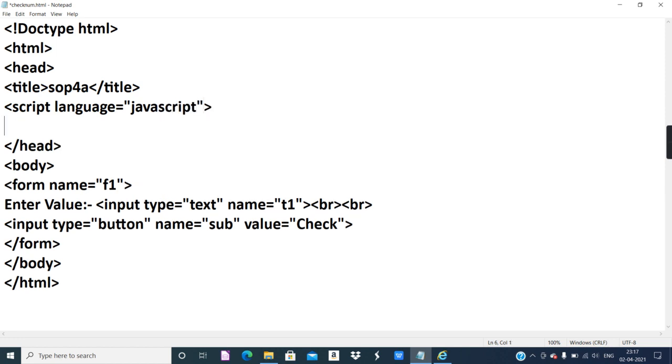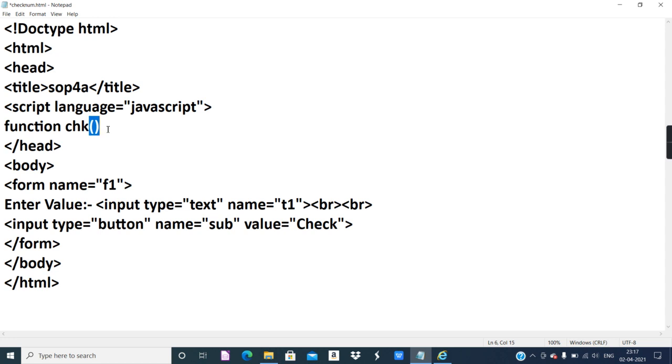Okay, now I will enclose the entire thing inside a function. Whatever four, five statements we will have, we will put that in a covering known as a function. So to declare a function, first of all, give the keyword function in small letters and give the name of the function. I will give chk, or check, whatever you want to give. The name of the function is totally up to you.